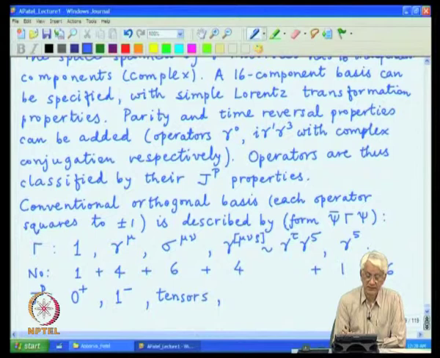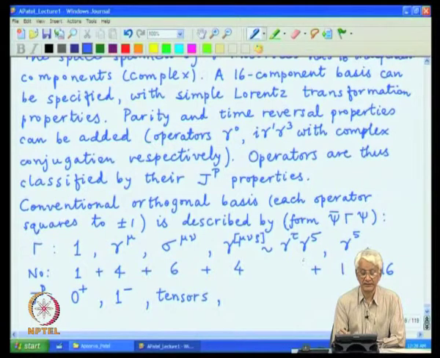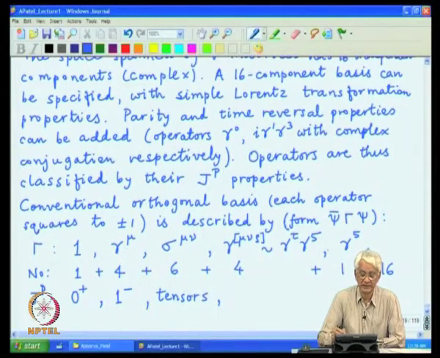The next object gamma tau gamma phi has the same property as far as the spin is concerned, because gamma phi is a scalar under Lorentz transformations. The gamma phi basically commutes with the matrix S, for the simple reason that the S involves the generator sigma mu nu, which has two gamma matrices. Gamma phi anticommutes with each one of them. So, gamma phi ends up commuting with sigma mu nu, and so it is left invariant under S. So, it is a scalar.